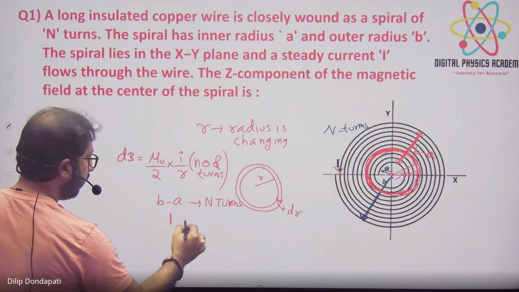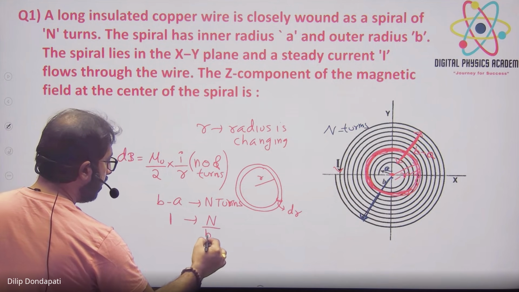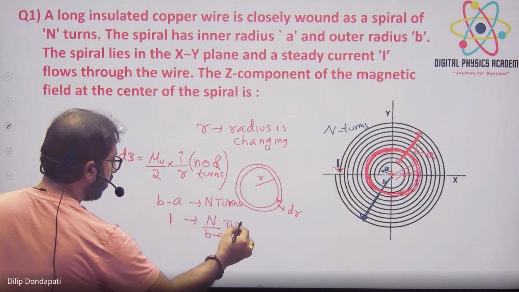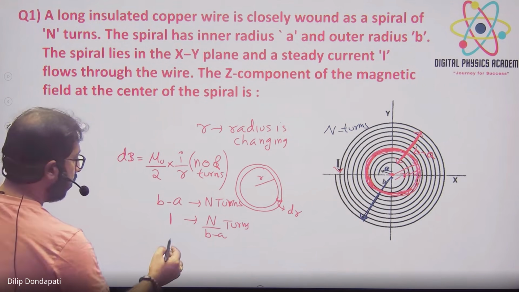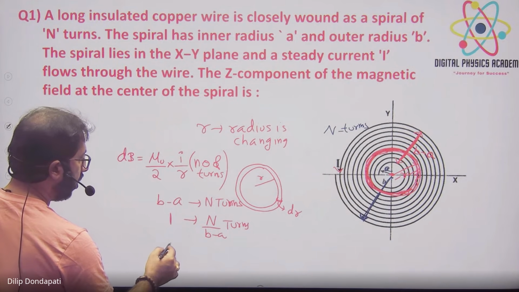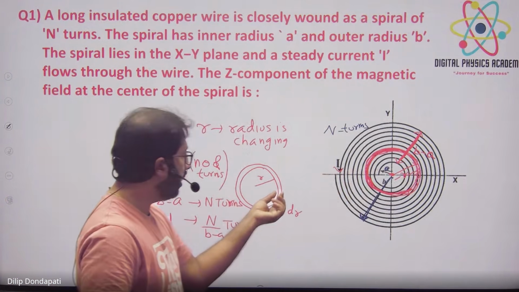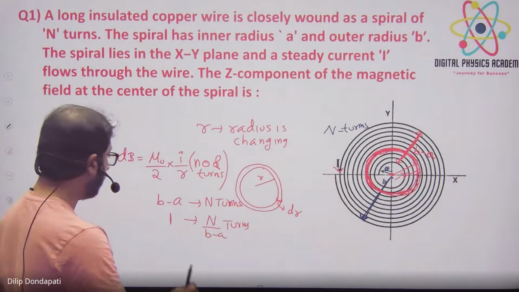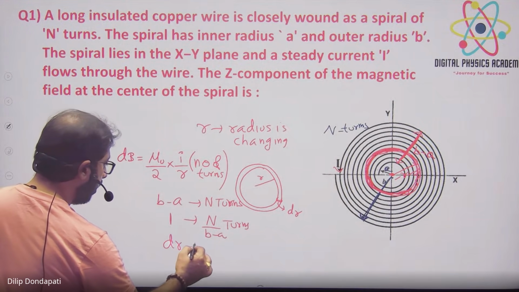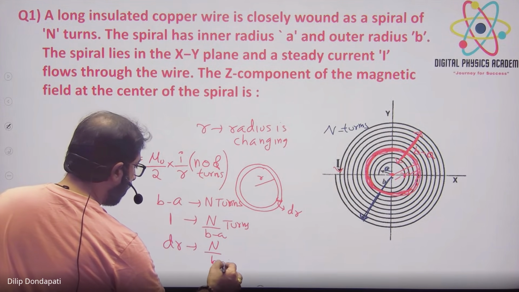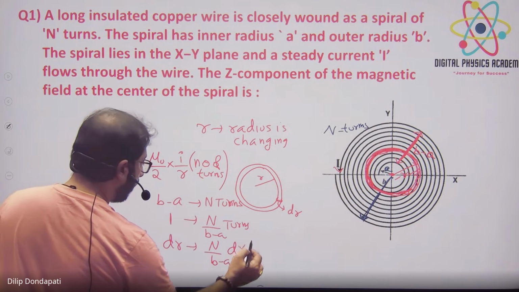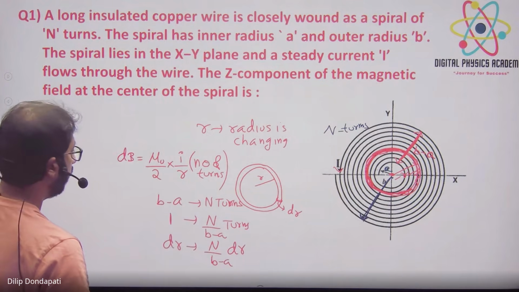In 1 unit length, n by b minus a turns. Now we want a thickness of dr, so in dr thickness the number of turns is n by b minus a into dr. Substitute here: dB is equal to